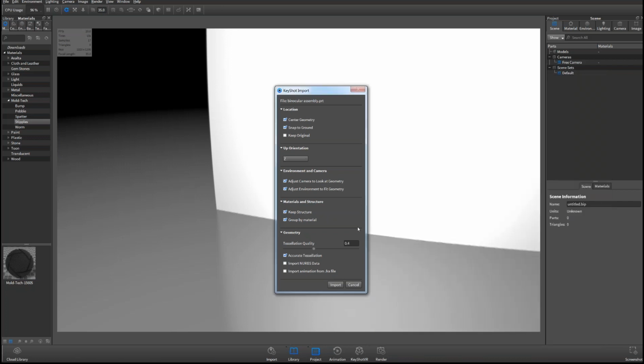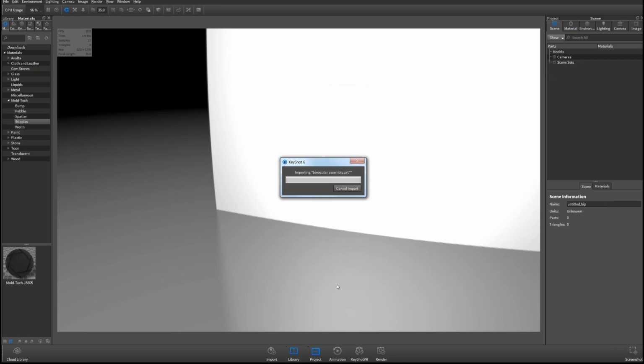Now, when I group those, it's automatically going to group those materials for all those different parts, as long as they share the same color, regardless of the structure, right? And so you can toggle those on and off, right? But those are new and really, really nice. Otherwise, I'll keep this at the default settings. I'm not going to import the NURBS data just so this imports a little bit faster. And let's go ahead and do some work with KeyShot 6.